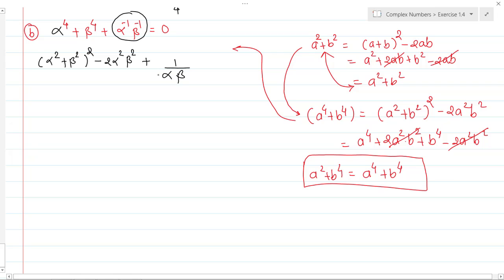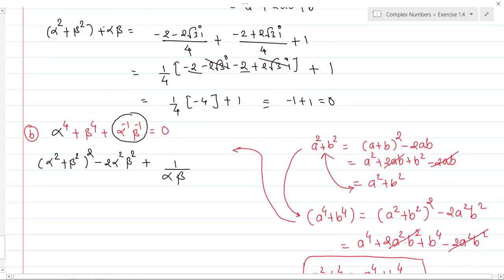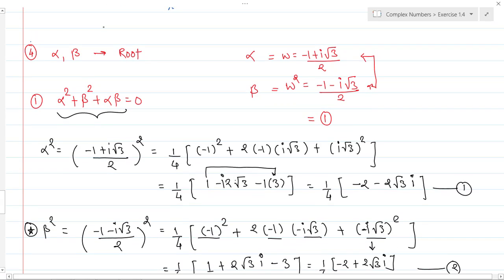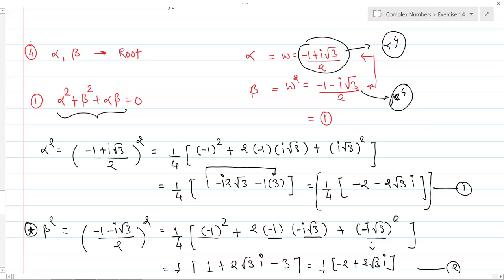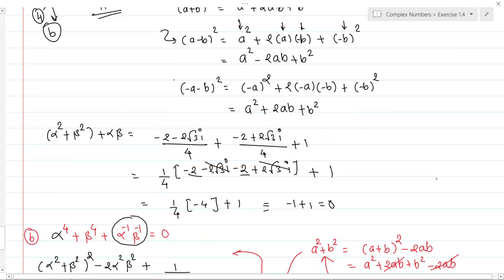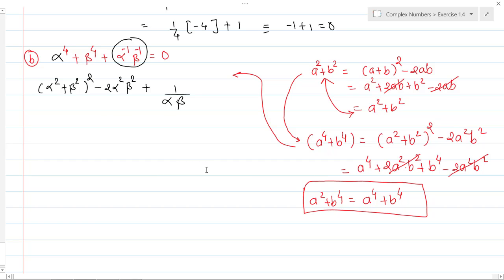So sir, why are you writing like this? Why are you not directly expanding alpha to the power 4 and beta to the power 4, since you have the value of alpha and beta? Maybe this question may arise in your mind. You have one value of alpha, you have another value of beta. So why not take alpha to the power 4 and beta to the power 4 directly? Yes, of course you can do this, but it will take some time. Alpha square you already have, so if you take the square of this, again you will get alpha to the power 4. But there is no need to do this because we know all the terms in this.